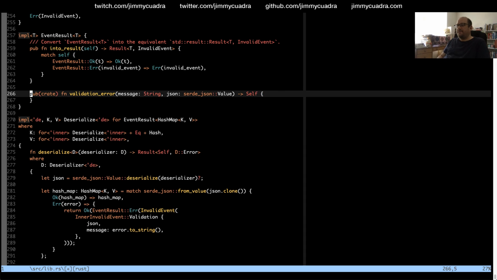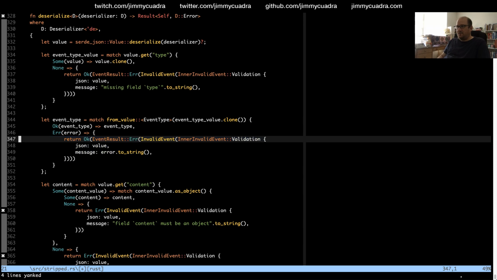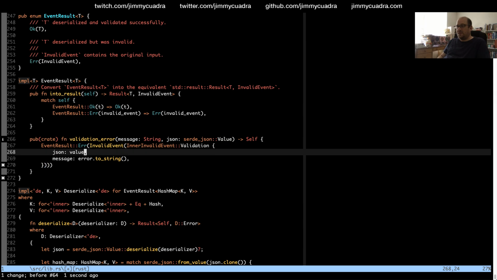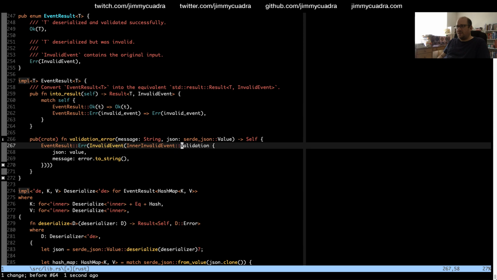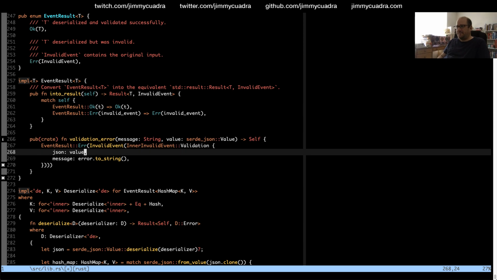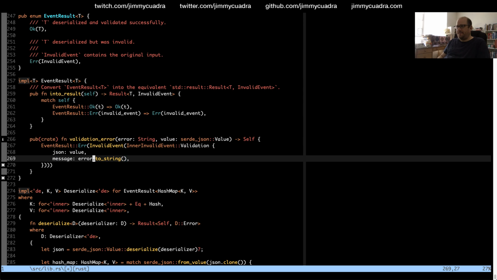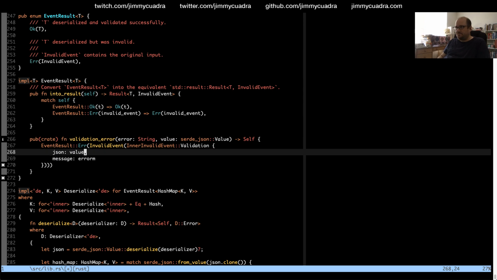And then we're going to basically do this pattern. So we're going to do event result, error, invalid event, invalid inner event, validation. The JSON is the value. Oh, this is called value. And the message is the error. Oh, I guess we can just do.